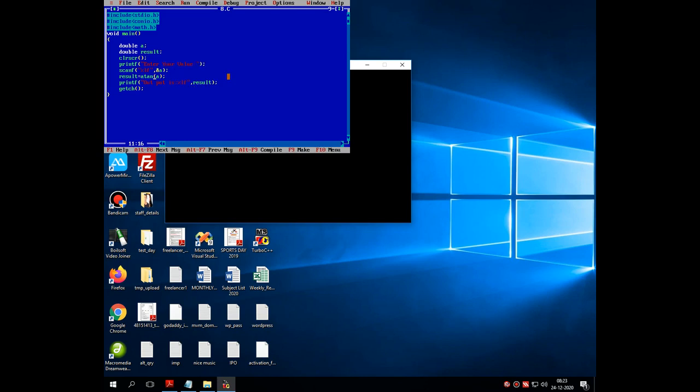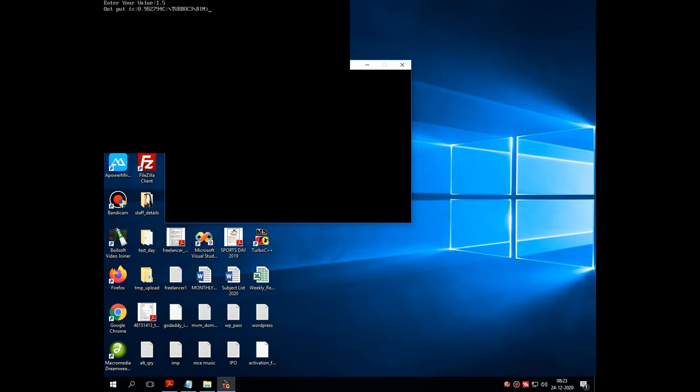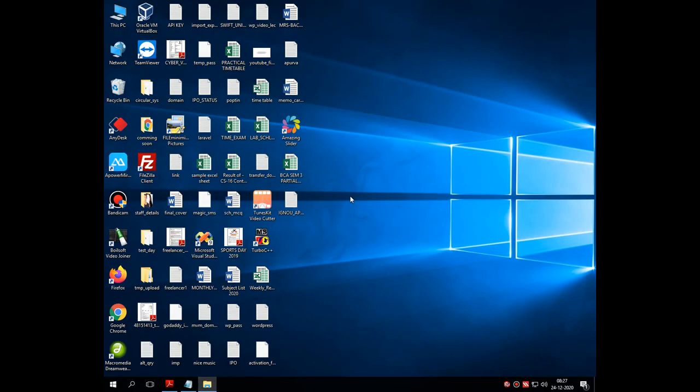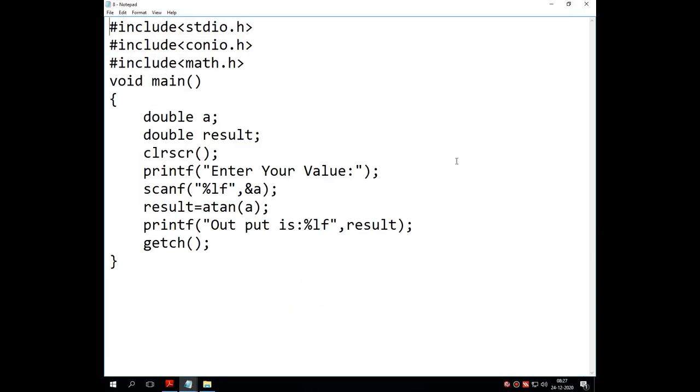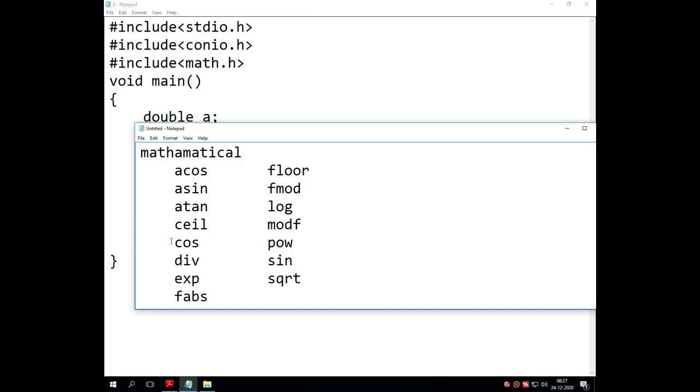Now let's see this code in the notepad for better visibility. So I'm just opening it in the notepad. This is 8.c. Perfect. So first write down the definition. Write a program to demonstrate three different functions, that is acos, asin and atan.